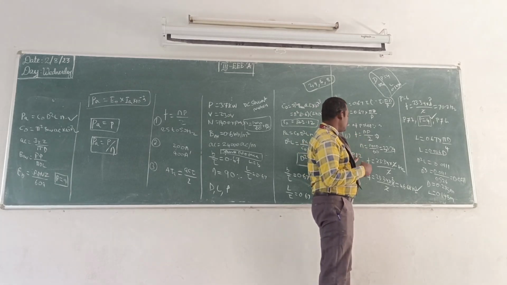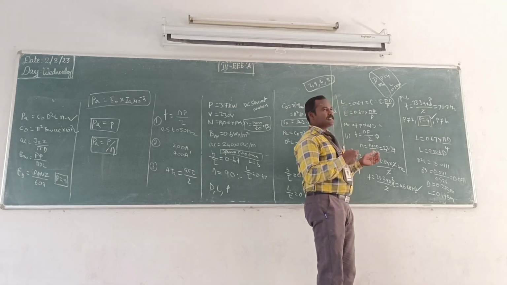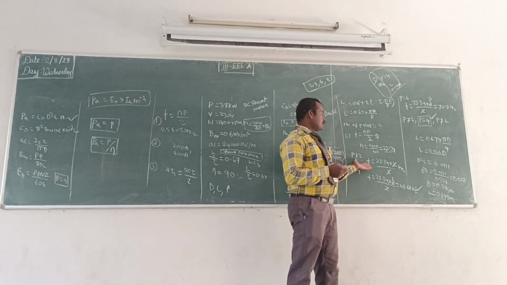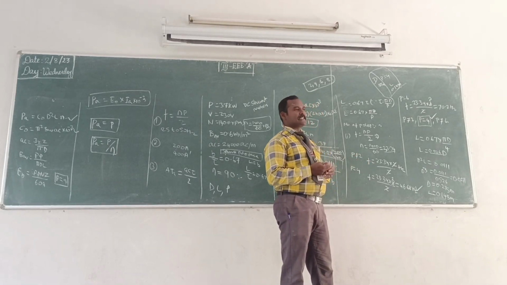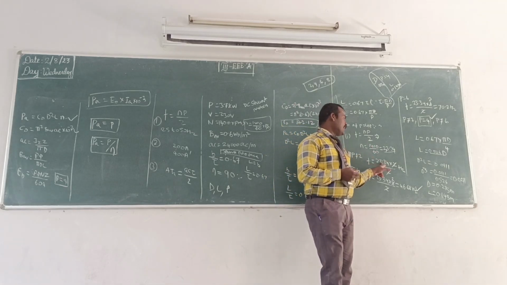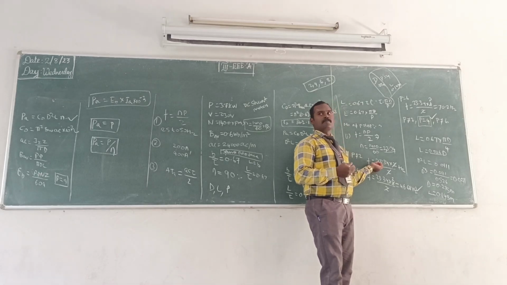So you can assume the poles 2 as well as 4 and 6. You can verify whether the obtained frequency lies between 25 to 50 Hz, whether it is coming or not, you can check it. So the f should be equal to the N value and the assumed pole 2. So you can put it. So the f is below 25 Hz, it's not suitable for the machine.